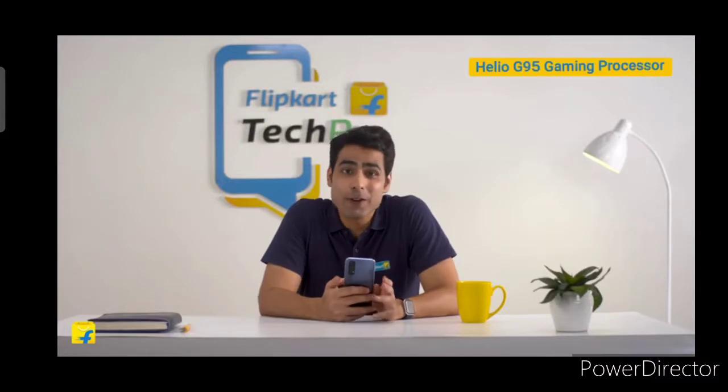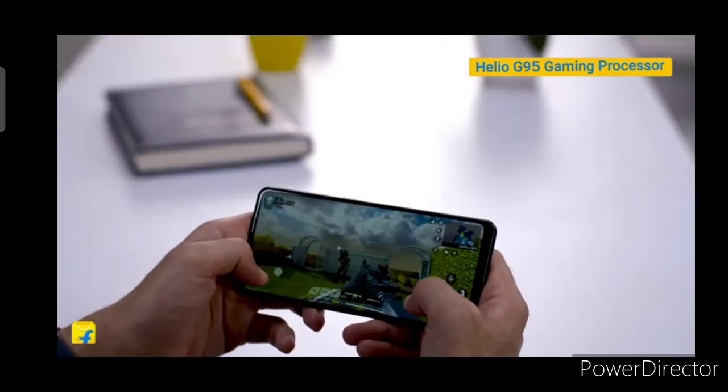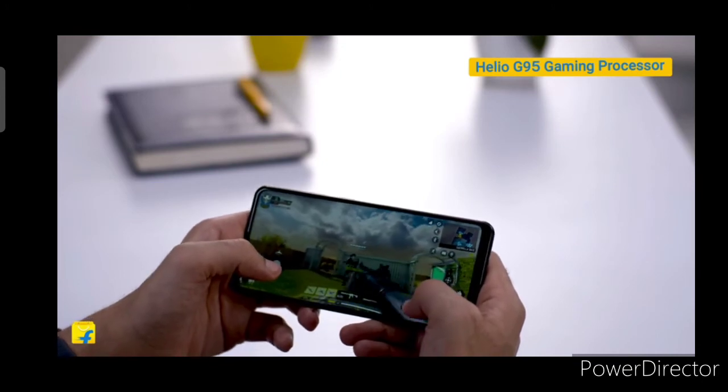Realme 7 is the first smartphone to be powered by the Helio G95 processor. The gaming performance here is too good. As you can see, you can play any high-performance game without any lag or glitches for a long time in